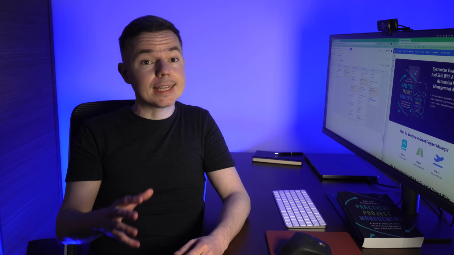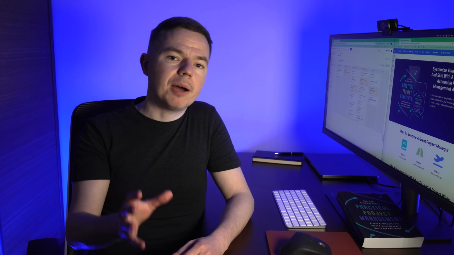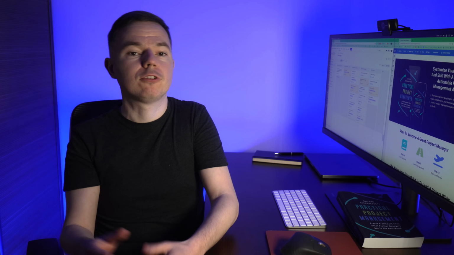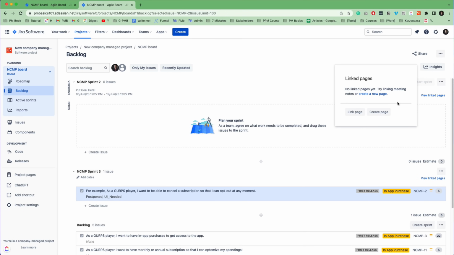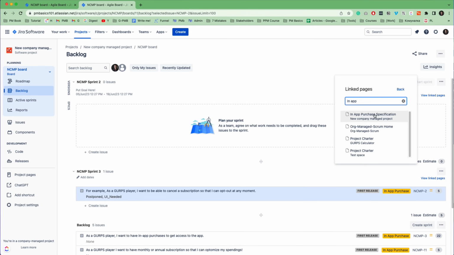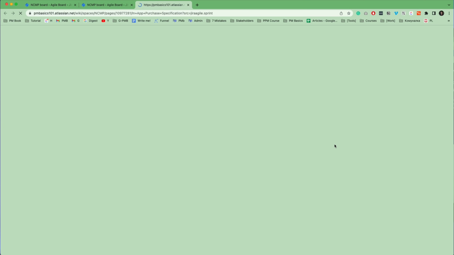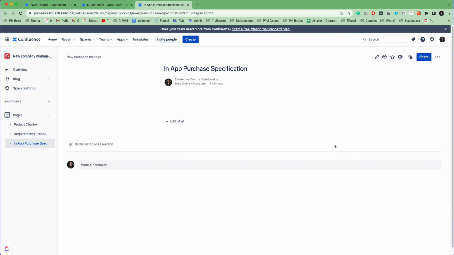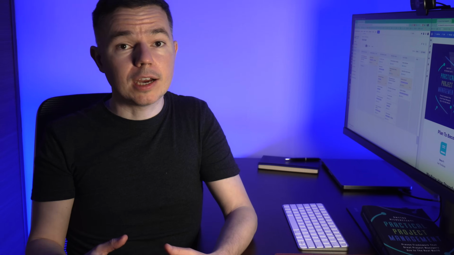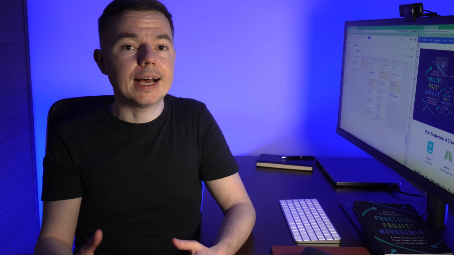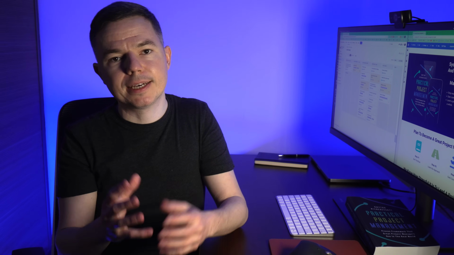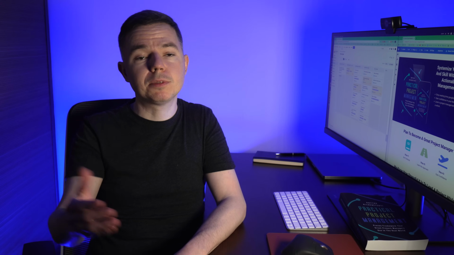By the way, that's a common misconception. In Scrum and Kanban, you can and should have documentation. So it can be specifications, user interface designs, related documentation, and so on. You should not try to fit everything into a user story description, and often you can link to the required sources of information. Then you start filling out your sprint until your total estimate is close to your team's velocity.